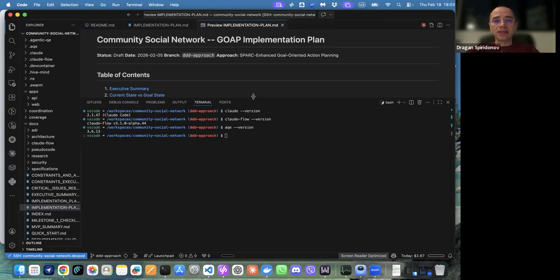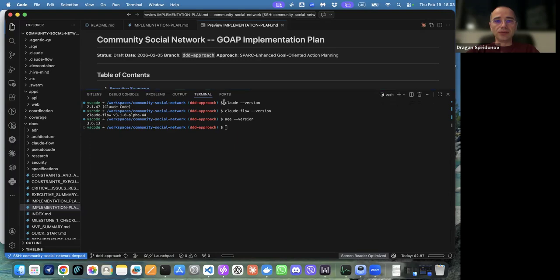My main setup and tools I'm using is Claude Code. I just updated to the latest version, 147, today. Claude Flow for orchestration of agents, development, research, planning, GitHub Actions, so anything deployment related, and the Agentic QE fleet.